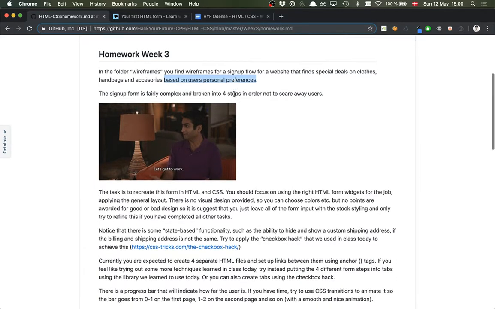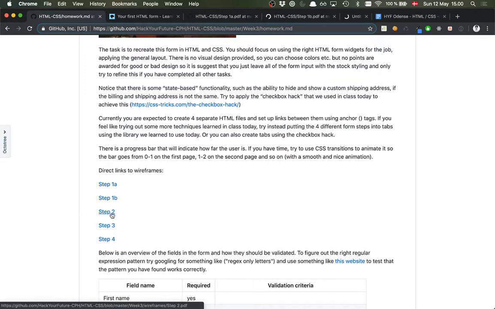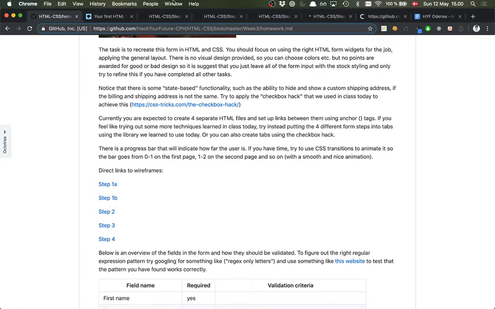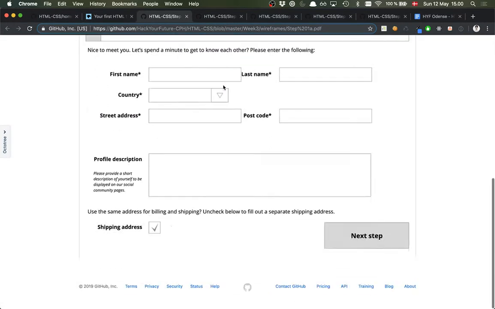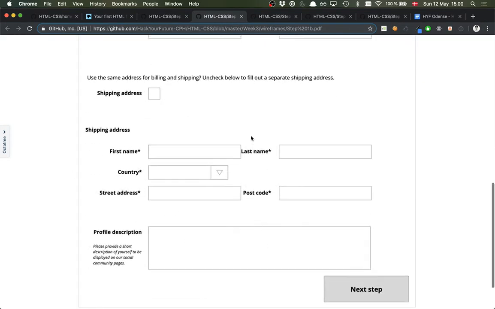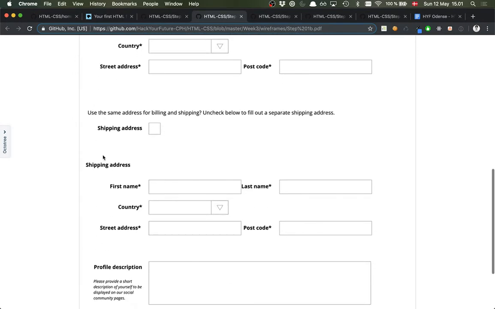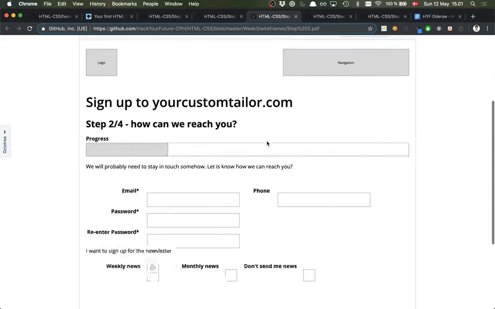Wow. Okay. That sounds pretty crazy. So it has 4 steps, right? There are wireframes for each step. And this is the first step. If you have clicked that it shouldn't use your address as the shipping address, then it will also show. So this is still step 1 with some more content, and this is step 2